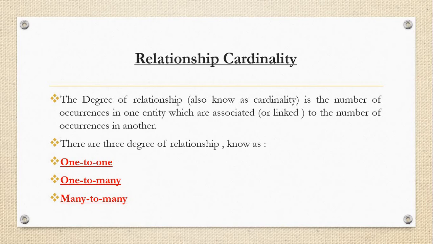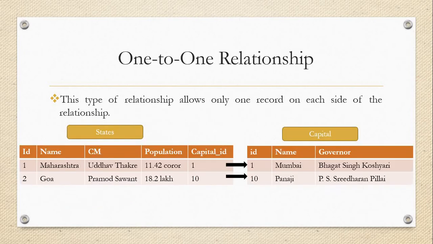So don't worry about that. We'll discuss it while doing the practical and you will get all the idea regarding the relationship. I will explain each and every basic point in that. So just make a note of that. We have only 3 relationships. In that, one to one is there, one to many is there, and many to many is there. Okay, so let's discuss the one-to-one relationship.